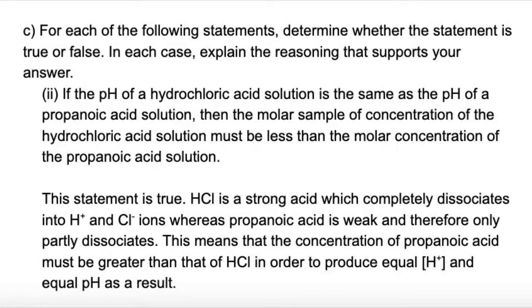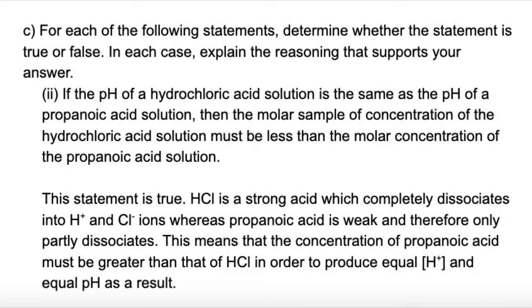So for this statement, I figured out that it was true, and the logic behind this is that HCl is a strong acid which completely dissociates into H plus and Cl minus ions. So that means that the concentration of H plus is going to be the same as the HCl concentration, whereas propanoic acid is a weak acid and therefore partially dissociates. And that means that the H plus concentration is going to be less than the concentration of the solution. And this means that the concentration of propanoic acid must be greater to counteract the partial dissociation in order to